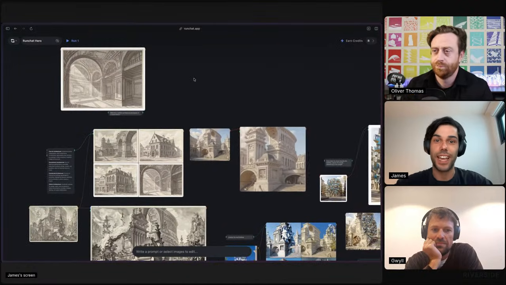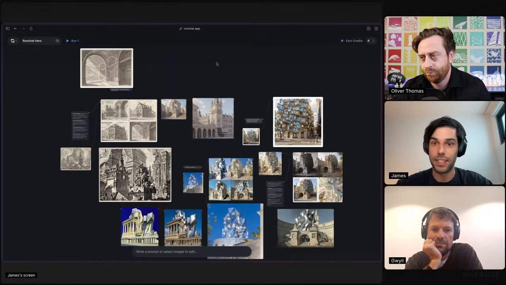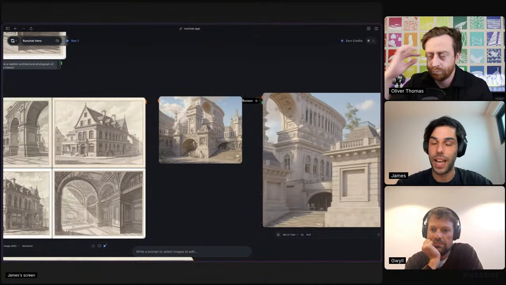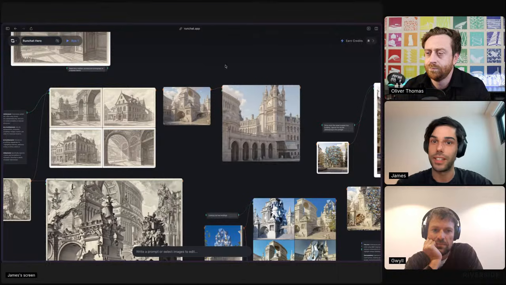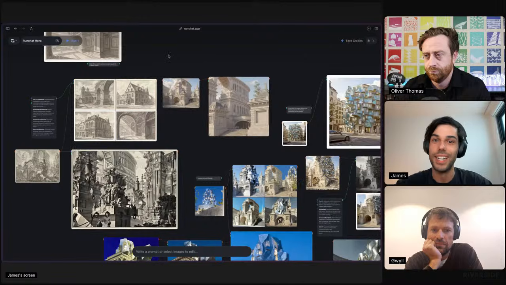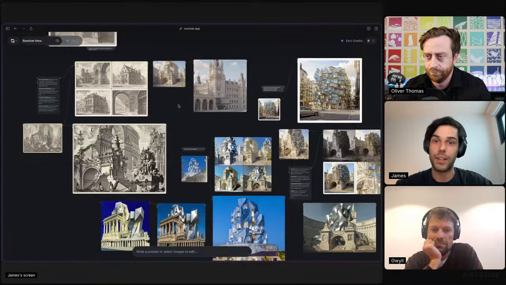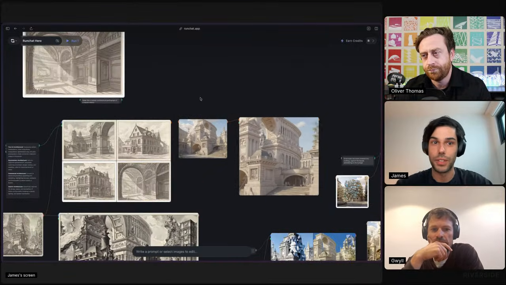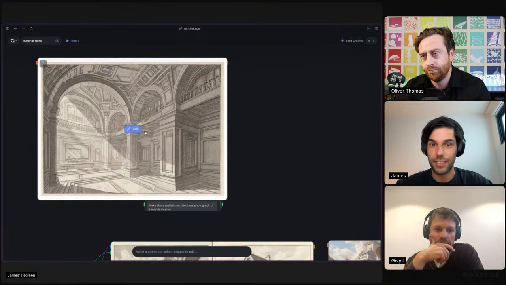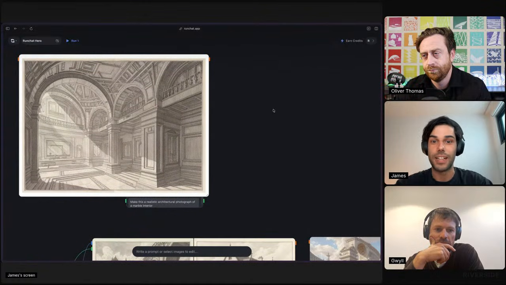Yeah, on the canvas, there's a bunch of nodes at the moment. And so the nodes are the main thing you'll work with in Runchat. Each of these nodes has inputs and outputs, and you can connect them to one another. Most people, I'm assuming, in the chat will be familiar with Grasshopper, and so it has that node-based editor DNA. But each one of these nodes can do a number of interesting things. So an example here is this sketch of an interior,